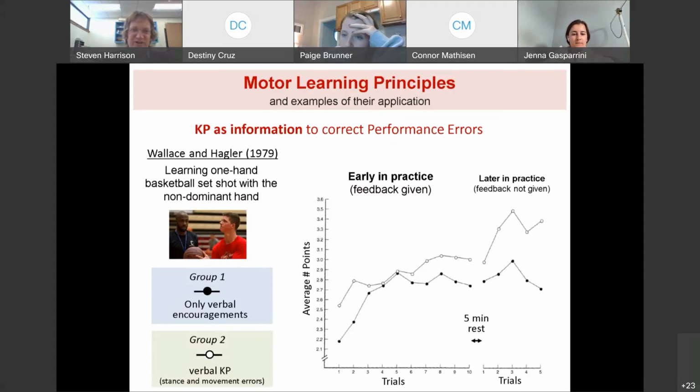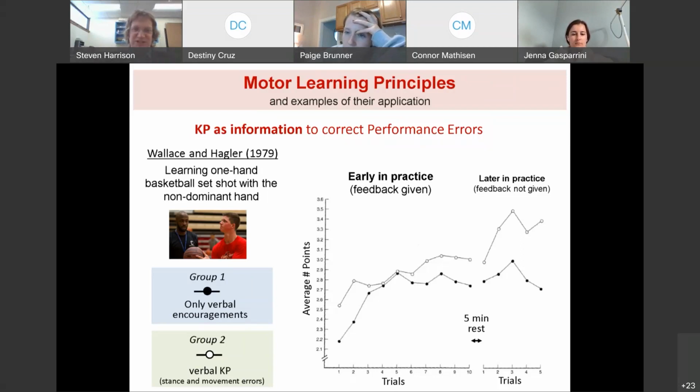So early in practice, we're not seeing a reliable difference between receiving just encouragement and receiving pointers on exactly how you should be changing your movement. Now, the key thing that we care about, again, is that for learning to occur,